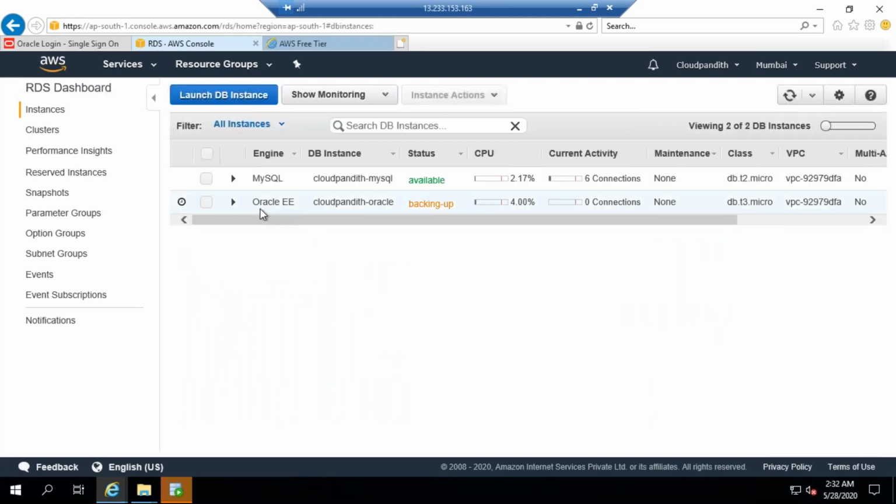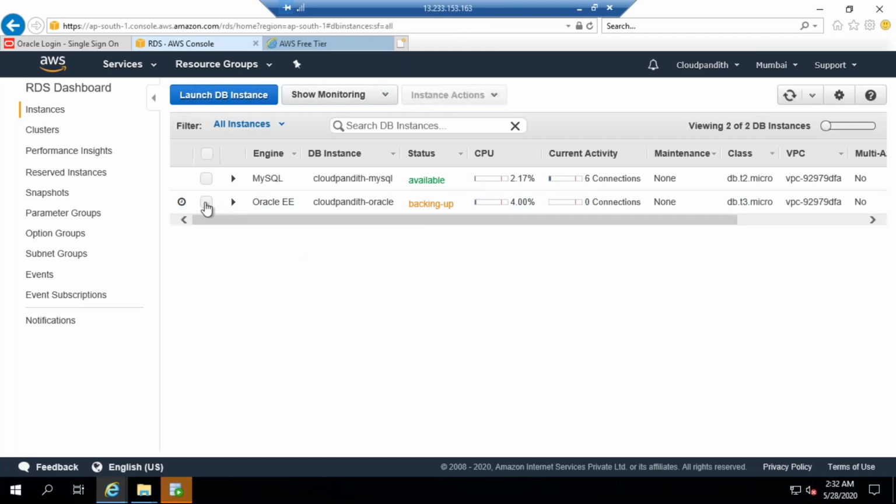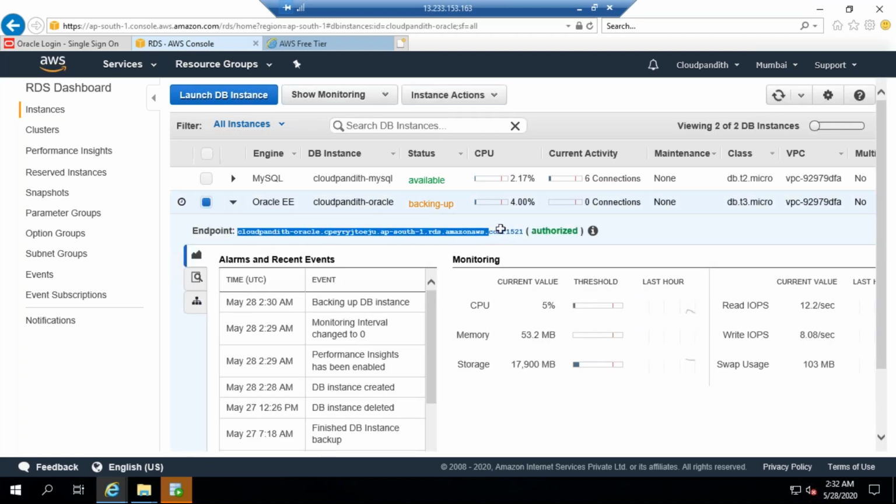Which instance have we created? Oracle E, right? So click on this. Select this particular Oracle. Here you can see this is the endpoint. This is the URL you need if you want to connect. Port number is not required, but you need the URL.